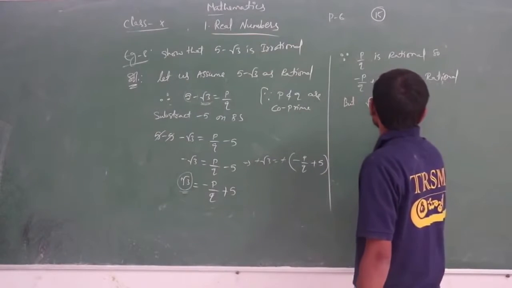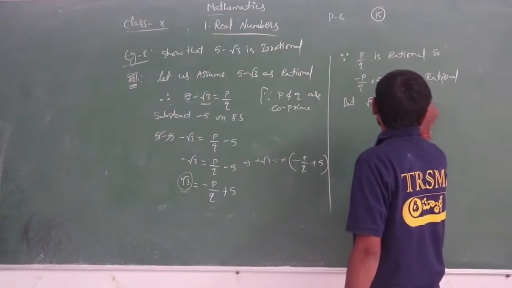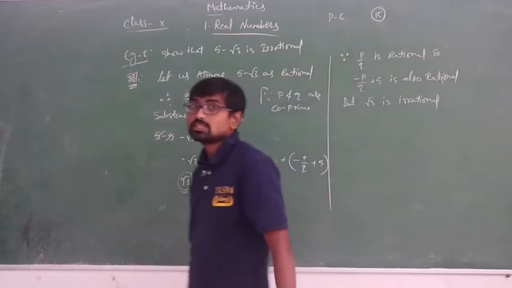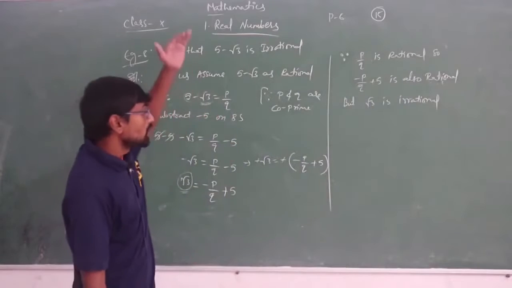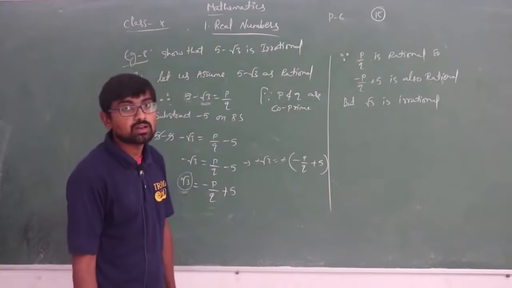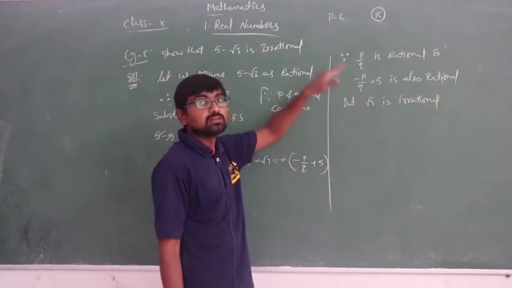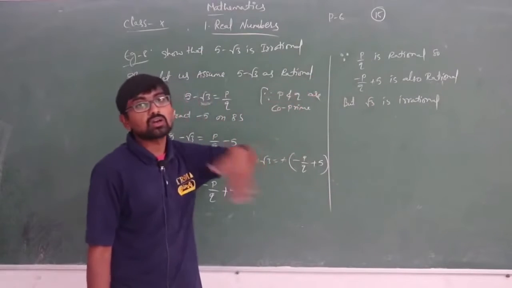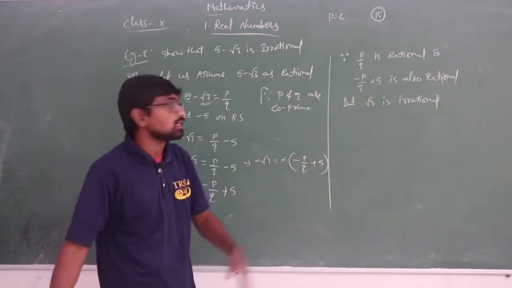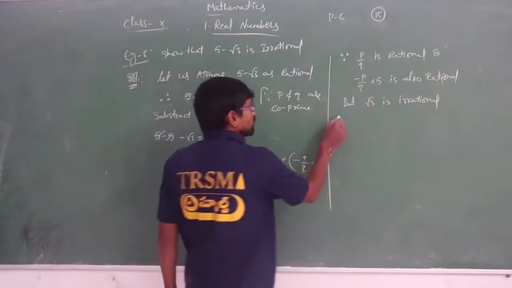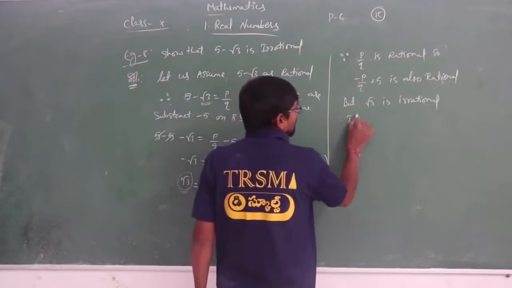But root 3 is irrational, isn't it? Why is root 3 irrational? In our previous session we elaborated that in the longest form. So when a single digit comes in a root, then the P by Q values are not co-primes, they are divisible by, if we have root 3, they are divisible by 3, isn't it? Therefore it contradicts